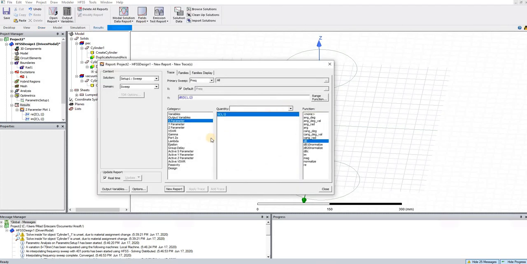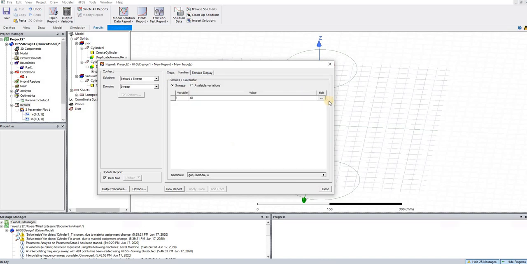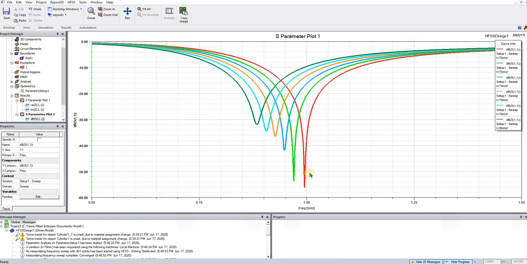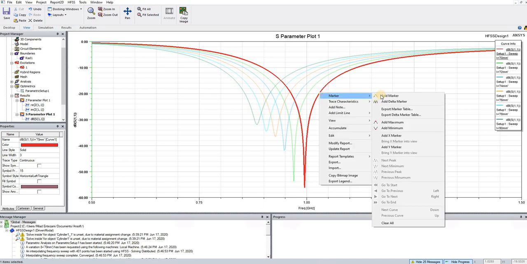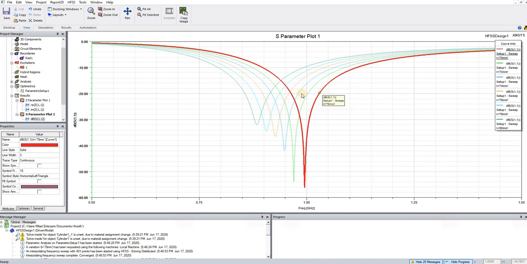S11 of this antenna at specific version. Oh yes, here you can see for L equal to 70 millimeter, you can see the notch or the dip in the S11 or reflection coefficient of the antenna input impedance. It's matched to 75 ohm, and also you can add the marker to see the